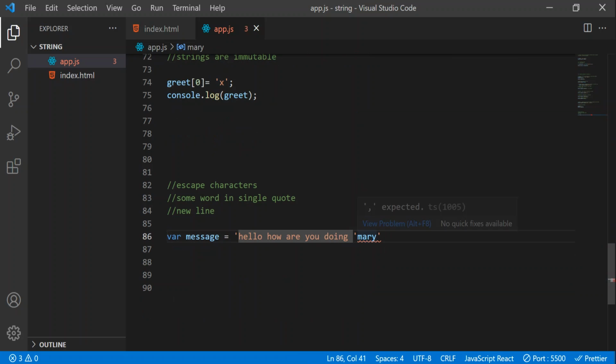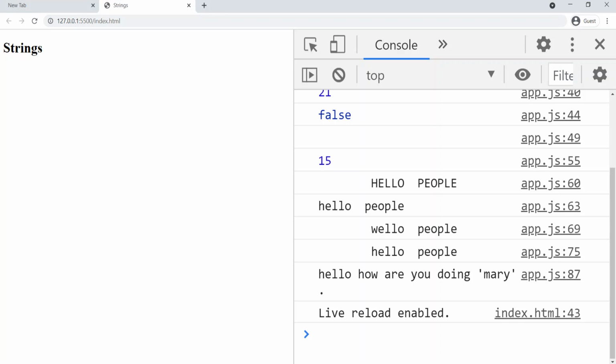So for that we have something called an escape character. We take the escape character, that means this slash, outside the first quote, and then the closing one inside, and then here let's take some space and close this. Now you'll see this Mary will be printed separately inside quotes. So let's console that, and here I'll pass message. Okay, let's go to Google now. So here you can see, friends, Mary is printed separately inside the quotes, right?